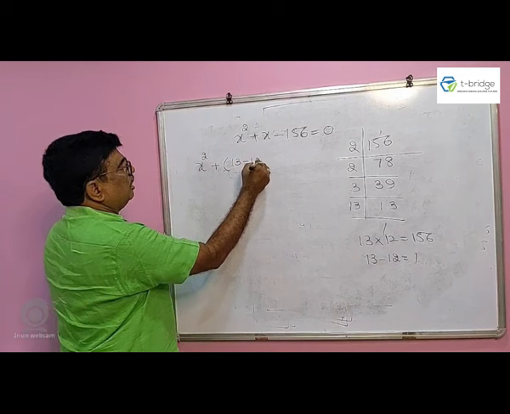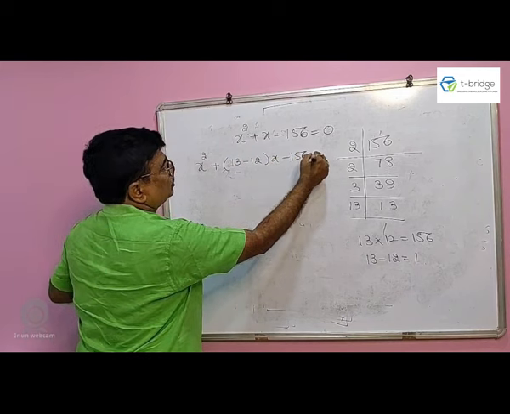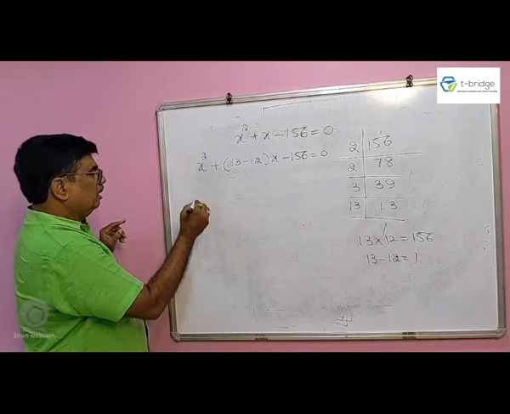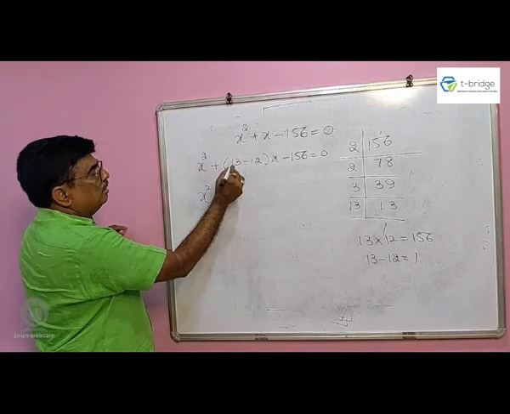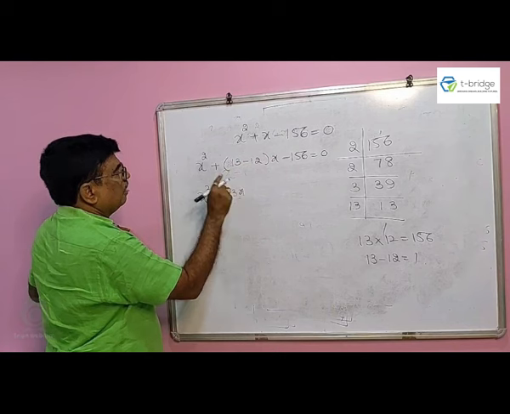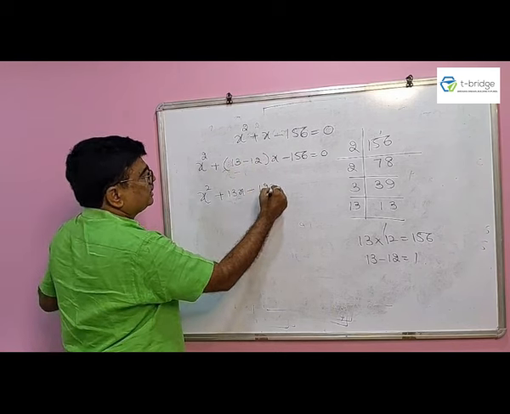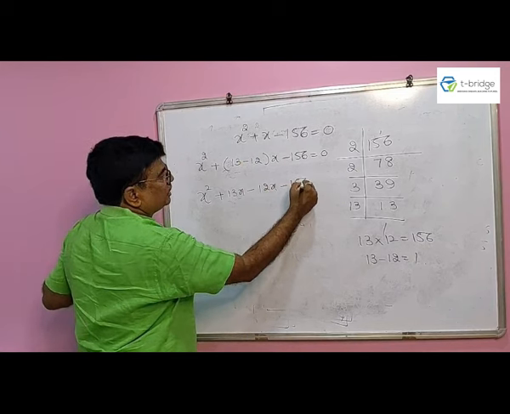13 minus 12 into x minus 156 equals to 0। x square plus 13x, प्लस इंटू माइनस माइनस 12x minus 156 equals to 0।